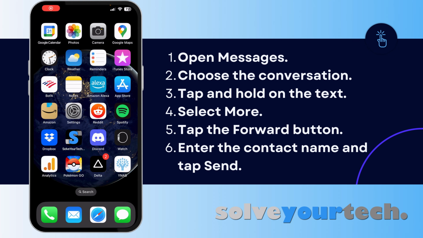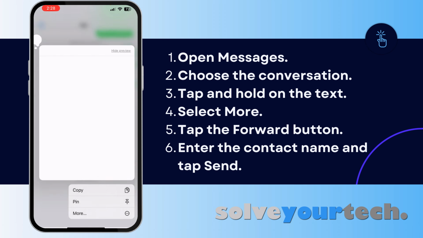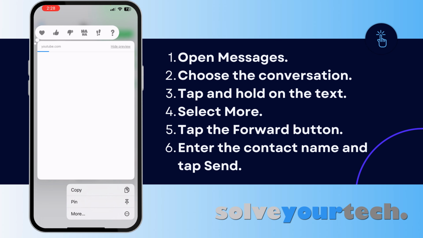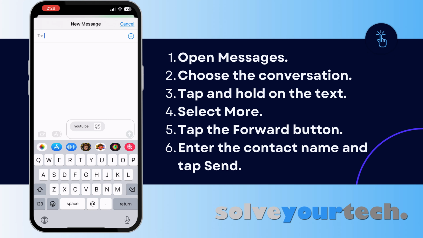If you want to forward a text message on your iPhone, then there's a quick way to do it. Start by opening the Messages app, then choosing the conversation that contains the message you wish to forward. You can then tap and hold on that message, choose the More option, then tap the forward icon at the bottom right corner of the screen, then enter the phone number or contact name into the To field and tap